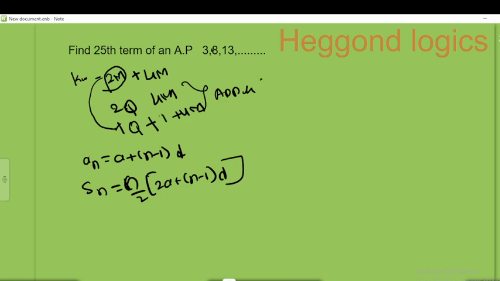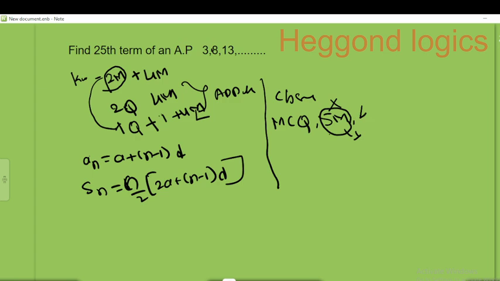For CBSE, they will ask in MCQ and 5 marks questions. These 5 marks questions will be very simple compared to the Karnataka State Board 4 marks questions. If they are not asking a 5 marks question, then they will directly ask a 4 marks case study question.